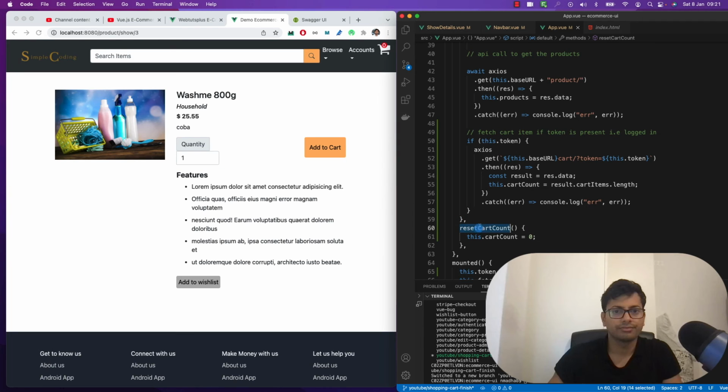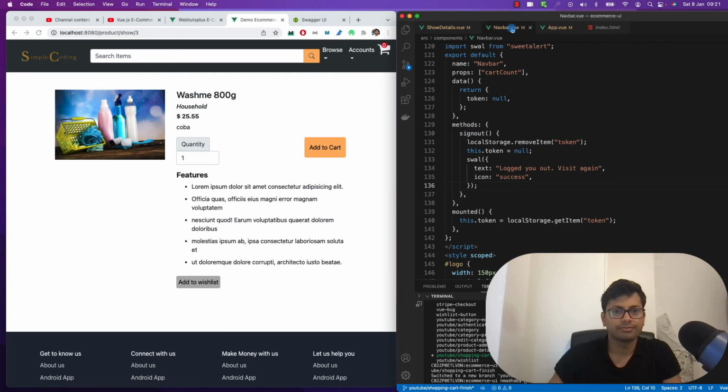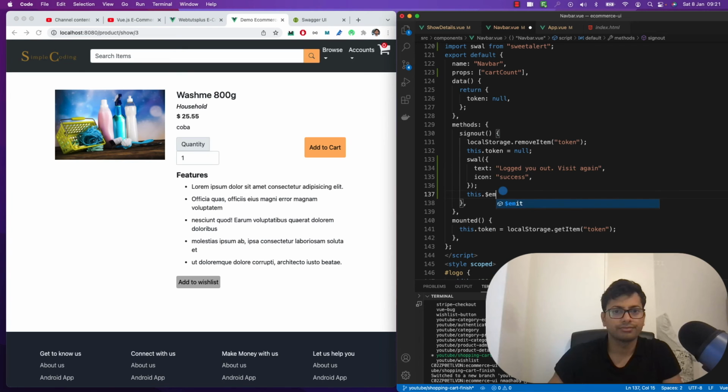And we need to pass this in the navbar, so that it can emit the event. So we'll say reset this cart count will be hit cart count, and in the navbar after sign out we'll emit this function, this dot emit,